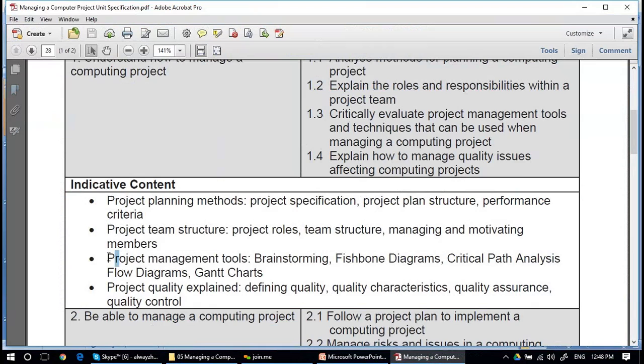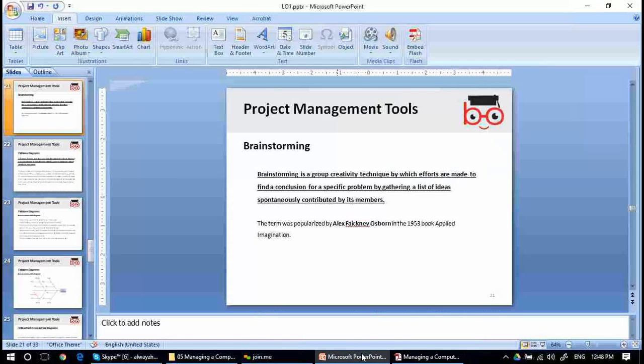The brainstorming technique should be adopted. Fishbone diagrams, critical path analysis, and flow diagrams are also topics to be discussed.